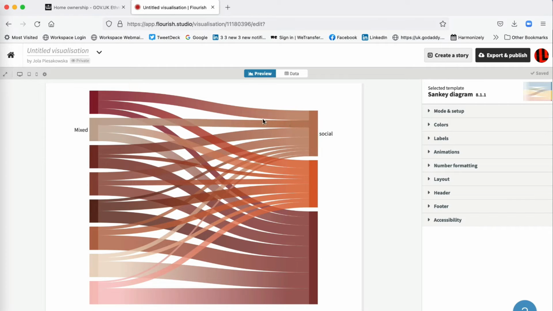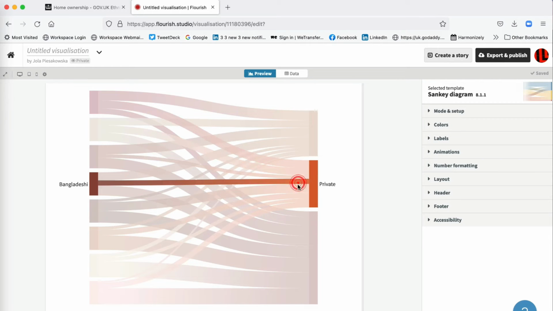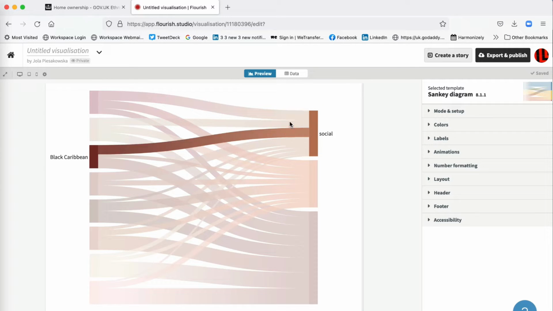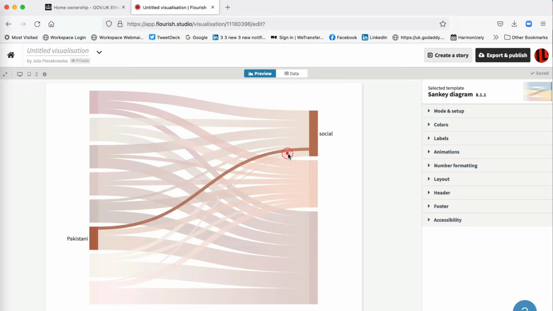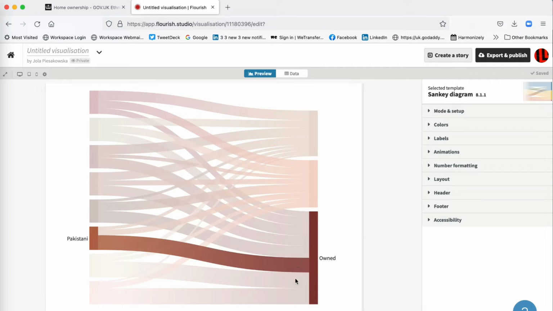So why a Sankey diagram? A Sankey diagram is a great way of showing what's going on in data sets and how to decompose them. Secondly, it's really good for showing the flow of data from one point to the next, and the actual thickness of the line shows you the value of that flow. But it's also a really fashionable